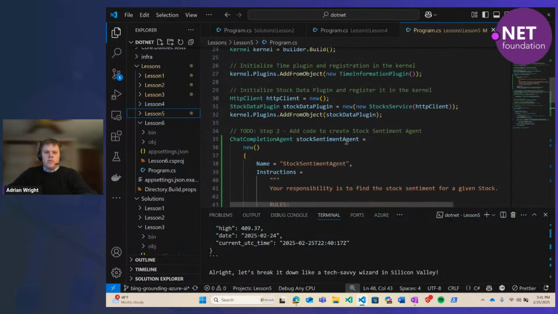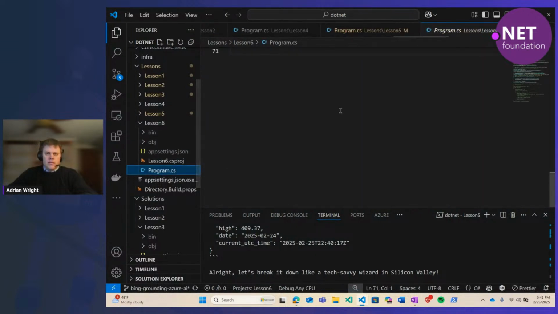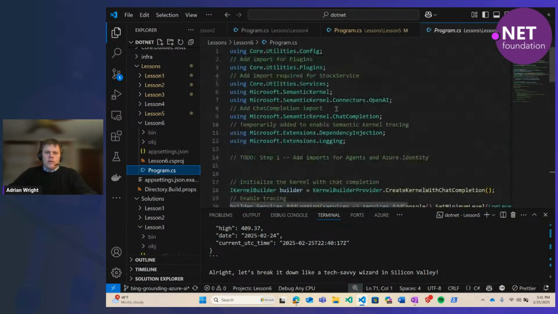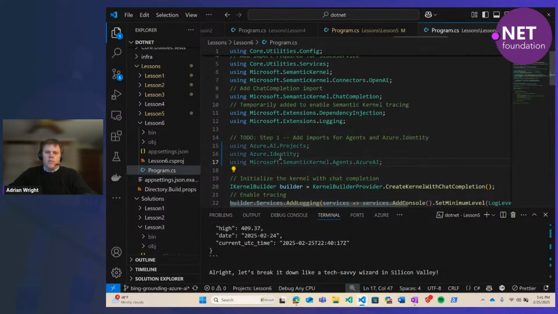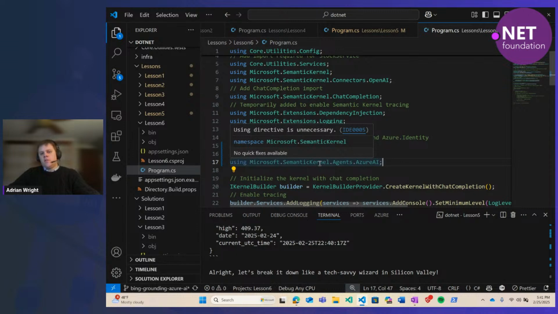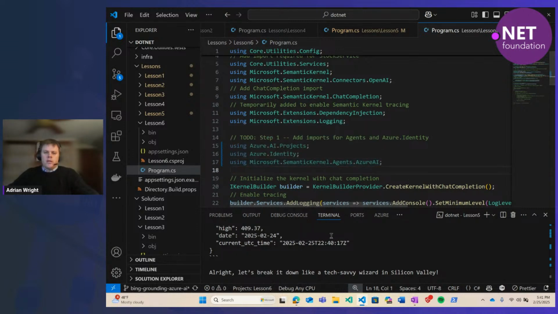So we're going to pull in several new namespaces. We're going to be talking to Azure AI projects. That's the project I showed you in the Foundry. Azure Identity lets us authenticate, and this namespace lets Semantic Kernel talk specifically to Azure AI agents.